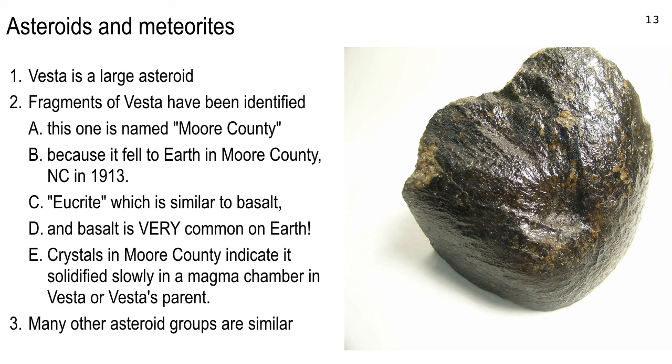In Vesta, or whatever the parent of Vesta was. So we think maybe Vesta is a fragment of something else that had magma, like Mars, magma chambers, or it has its own magma chamber from when it was a round spherical object. So it's, I don't know, there's a lot to learn. It's kind of cool. I mean, you could spend your life, even as an amateur astronomer, an amateur asteroid buff, looking at these things and stuff.